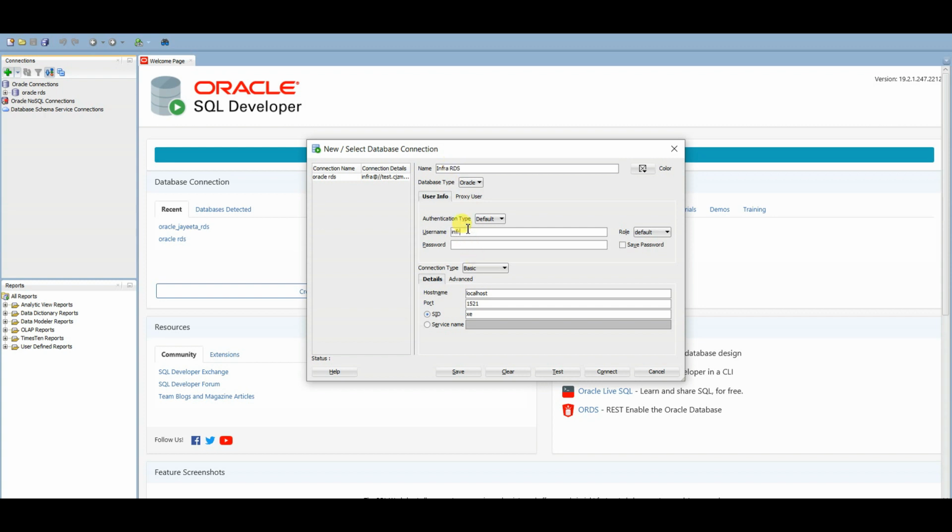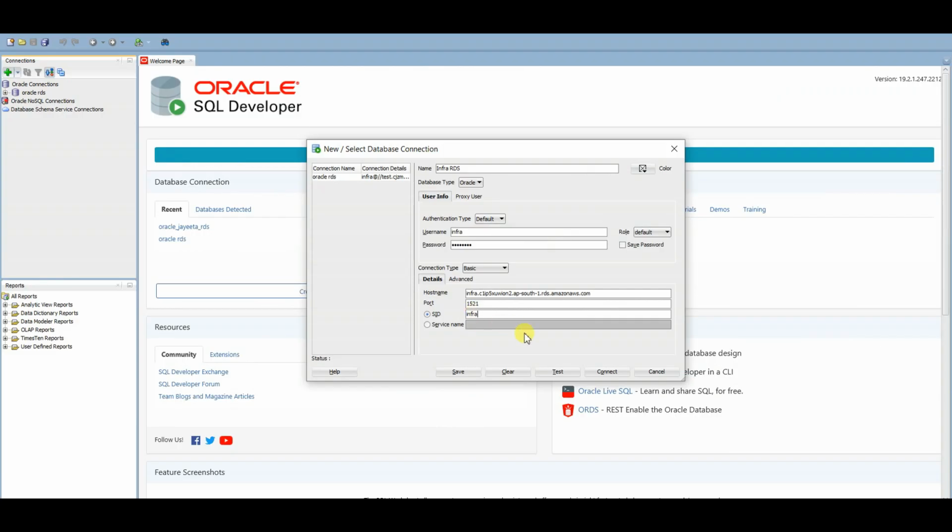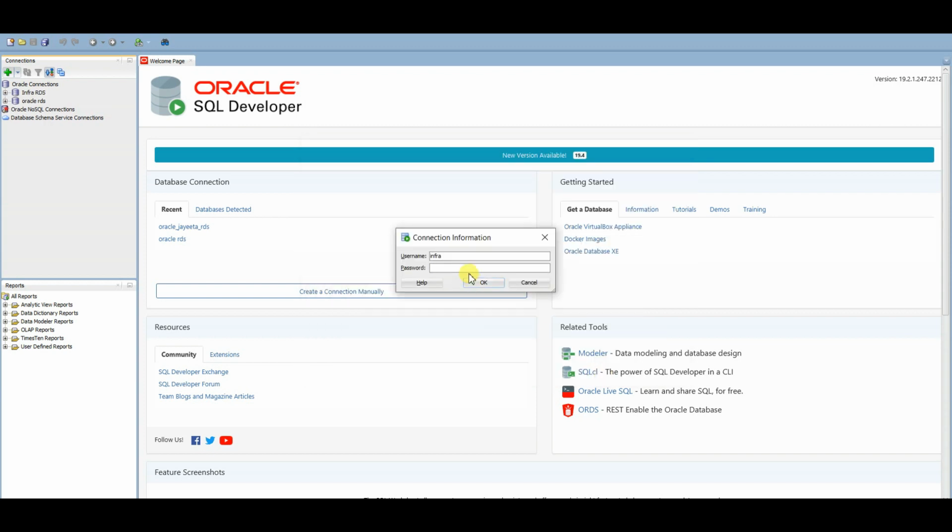Username was infra and the password was infra123. The host name I need to give this, and my SID, I believe my SID is infra itself. And let me test it. So test is successful.